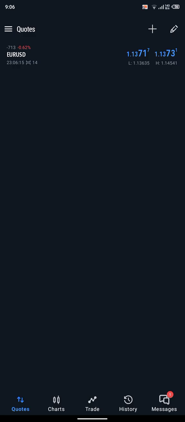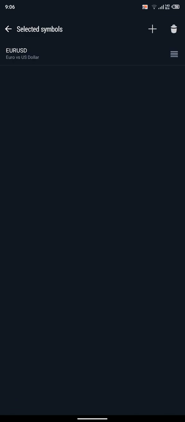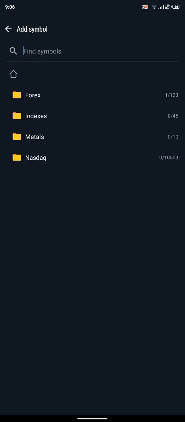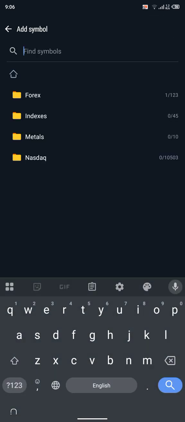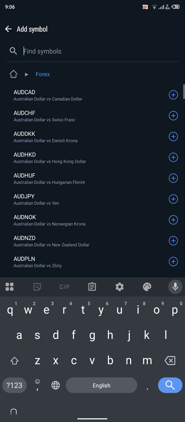And also, if I want to add, I'll just click on this plus button, then I can search for them. Look at Forex, indices, metals, and Nasdaq are showing. So I can just search for them. If I click on Forex, any of these pairs, or instead of going through that long process, I can just say, okay,